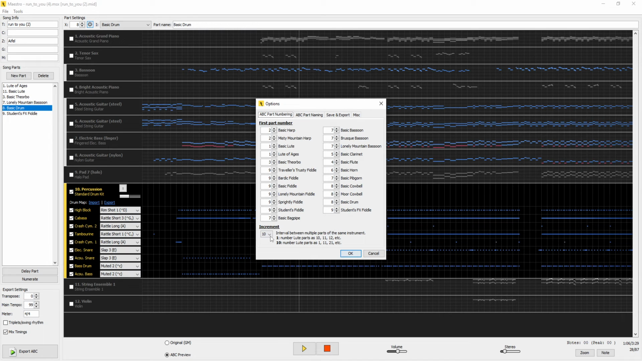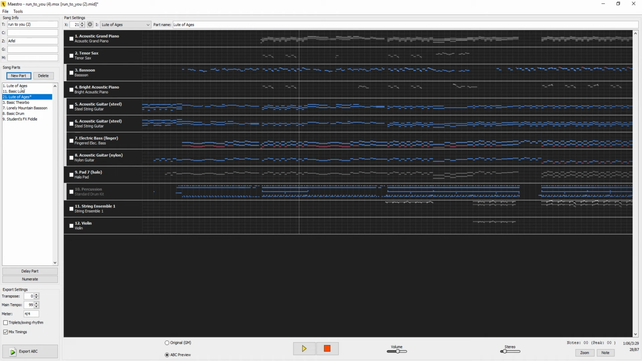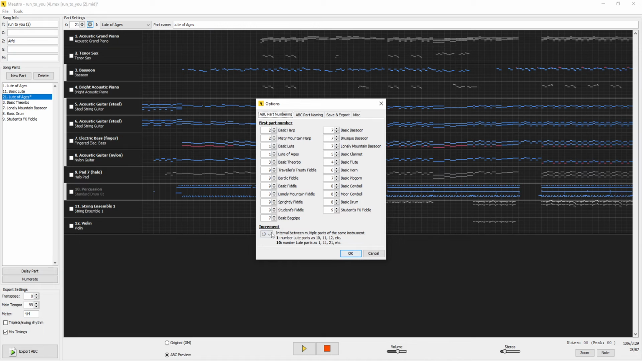And then you can see here at the bottom there's an increment, and that means that, for example, if you look over here, the first lute is number 1 because lute of ages has number 1 here, and basic lute also has number 1. So when we get to the second basic lute, it gets 11. When we get to the third, it gets 21. So if we had selected instead here 1,